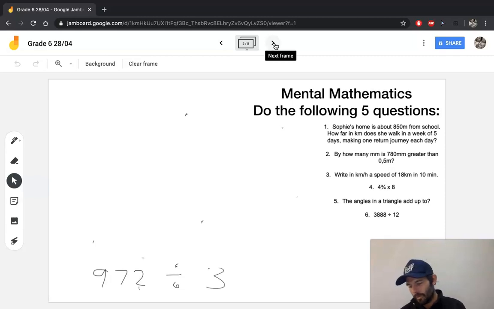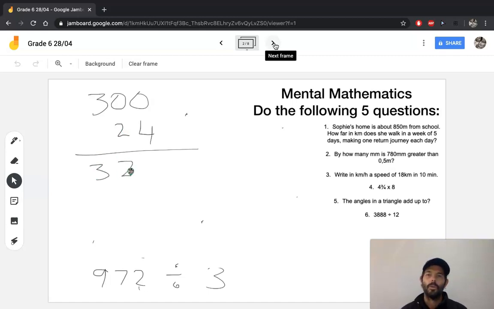So if 900 is divisible by 300 times, and 72 is divisible by 24 times, my answer is 324. So I haven't really had to do anything too hectic there, I don't think. I've just halved numbers and then divided by 3. If you had done the long division method and